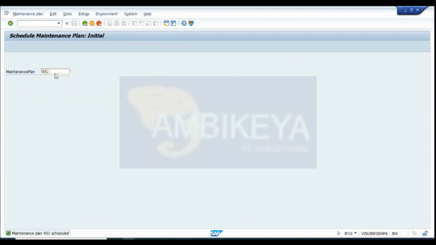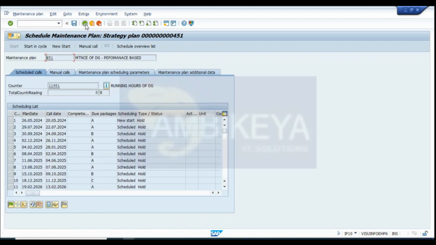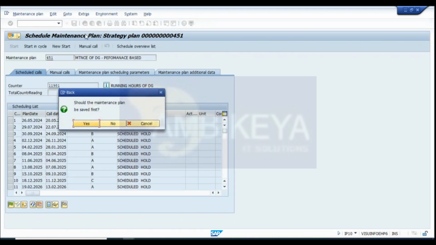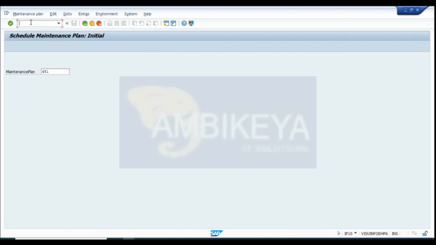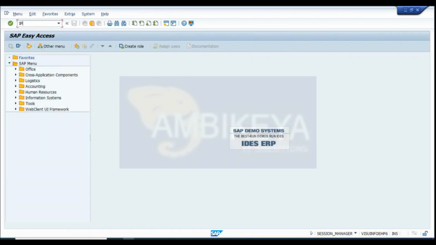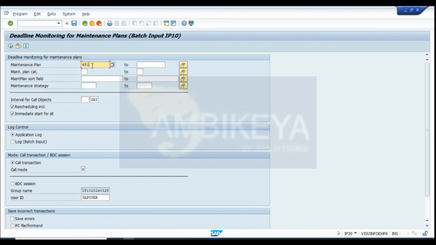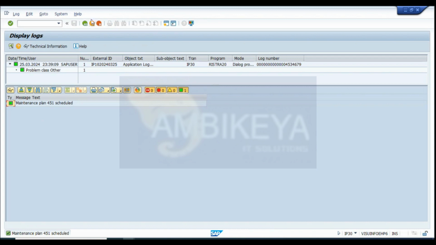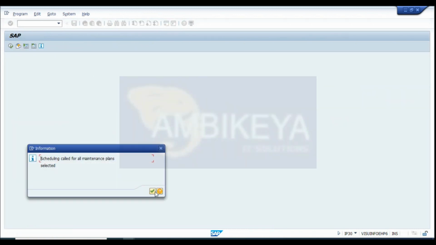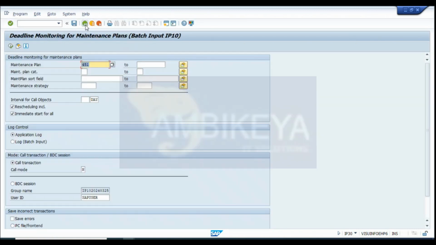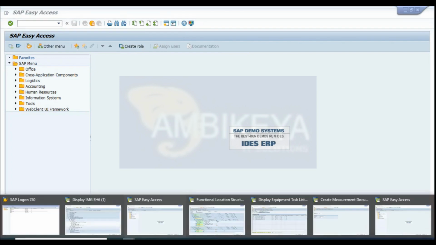या ना? अभी क्या करना है इसको ऑर्डर जनरेट करने के लिए, ऑर्डर जनरेट हुआ कि नहीं हुआ वो पता करने के लिए क्या करना पड़ेगा? देन आई विल गो फॉर IP30, go for 451, execute this. Either order get generated? No. When order will get generated? When we schedule, शेड्यूल तो कर दिया ना, शेड्यूल करने के बाद ही मैं चेक कर रहा हूँ कि IP30 में जाके